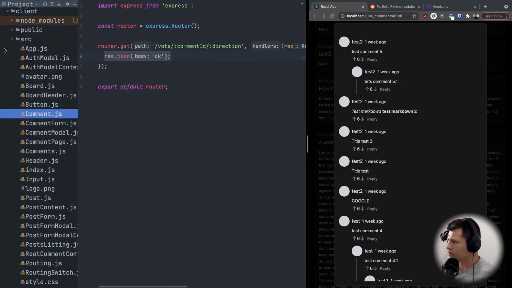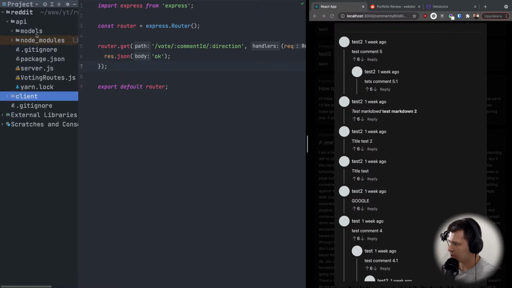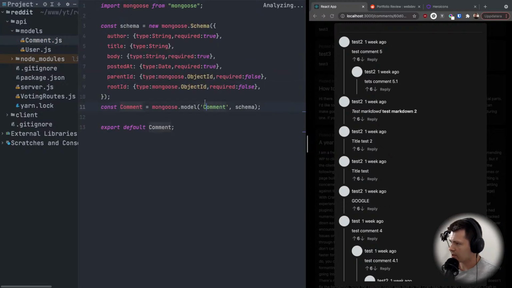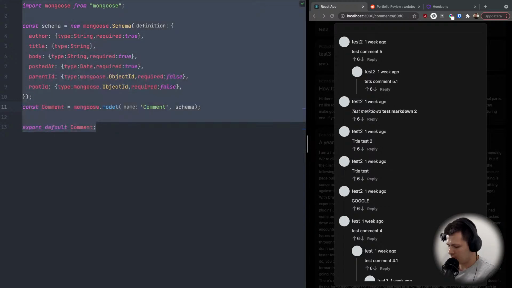And then we have also, not inside client but inside API where our Express app is, we have models and we have comment and user. Now I will create something similar for votes. So it will be singular here. We'll copy the comment,